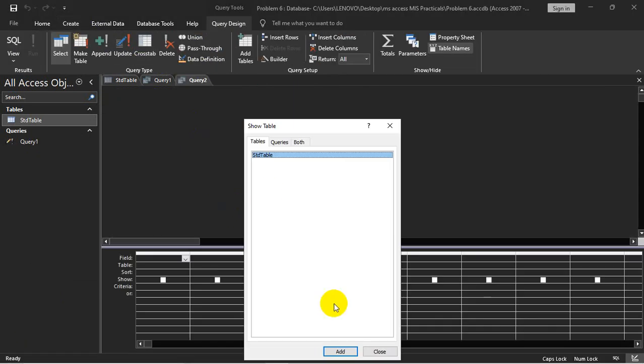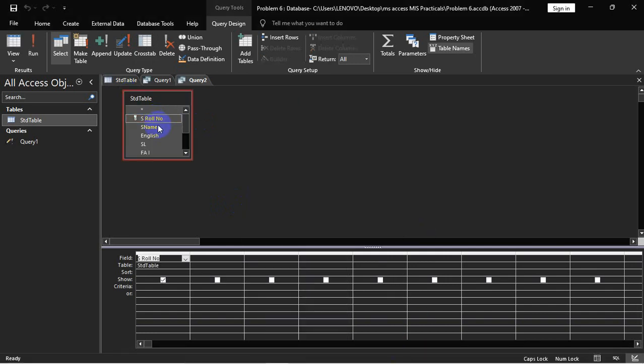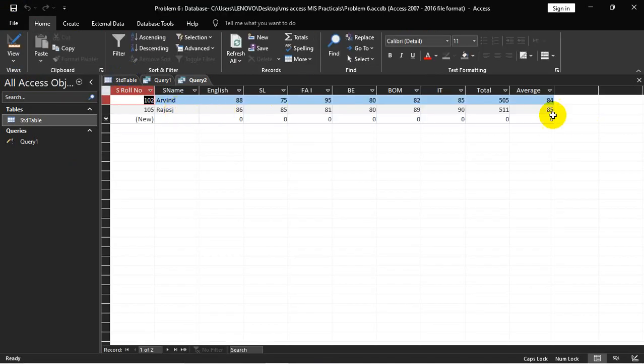Go to query design, take the student table, business economy, IT, total, average. In any subject he said, right? So I have given in English, you got 2 who got above 80. So save this one as query 2.